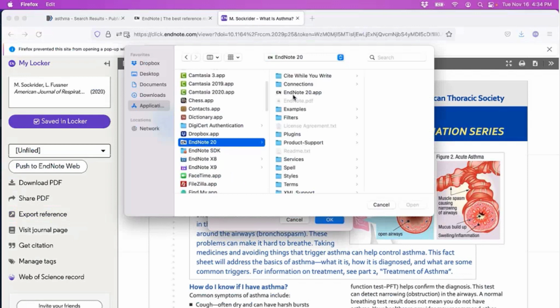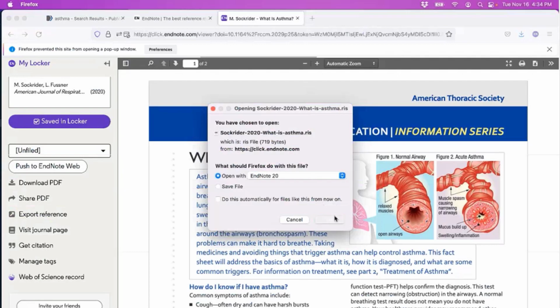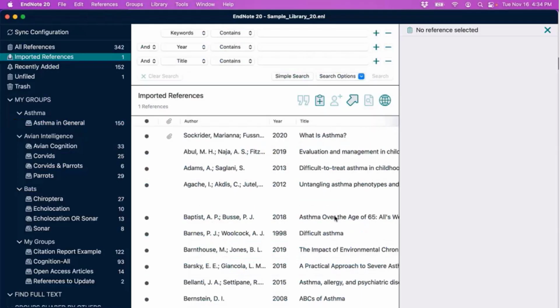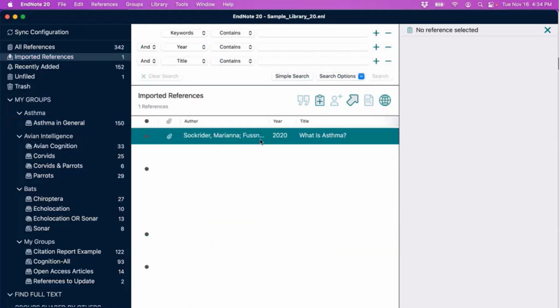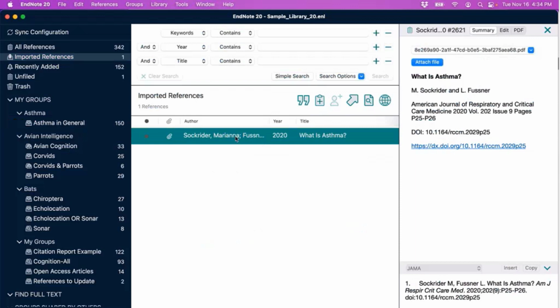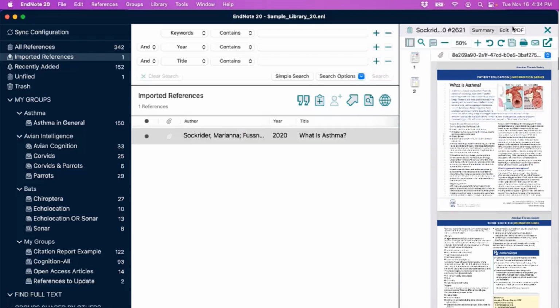And once that's selected here, and because we've already got our library open, that comes to the front of the screen. We see the reference in our library. But the difference to just plain direct export is that not only did we get the reference, but we got the PDF at the same time. So what had traditionally been two workflows are condensed into one using EndNote Click.